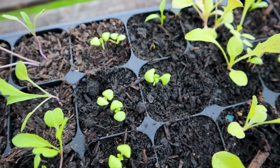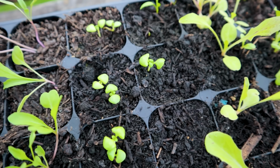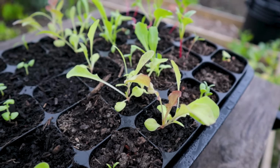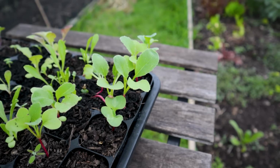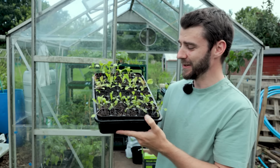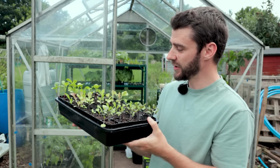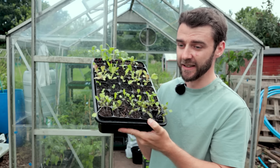Basil just getting first leaves, pretty frail, pretty miserable. Oh, this one's germinated. Lettuce a bit pallid, a little bit sad, and some of the radish looking okay. But overall, this isn't great. We've got decent enough germination, which is good, but there's clearly not much goodness available to these seedlings in the